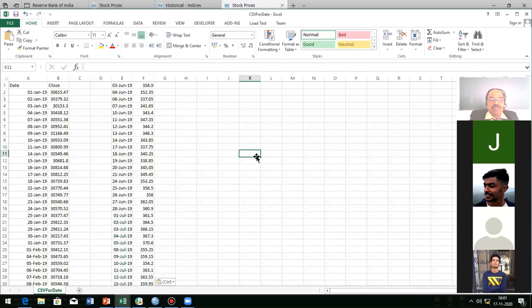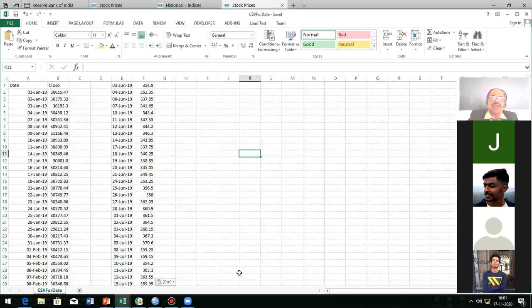Once again, the problem. You can see that one data belongs to June, another data belongs to January. Here also you should not compare. You compare only when both dates are the same. So when you are gathering the data, use the same dates. Otherwise, you need not compare that one. Okay. That is the first point you must know.